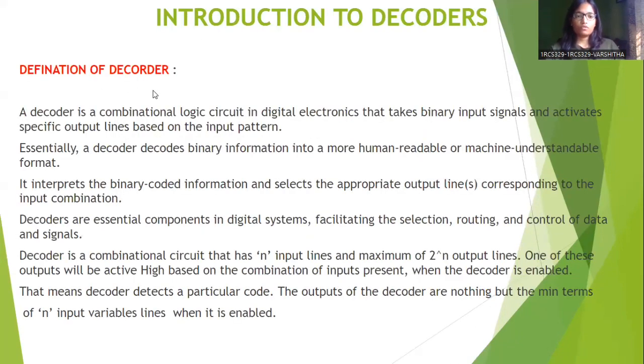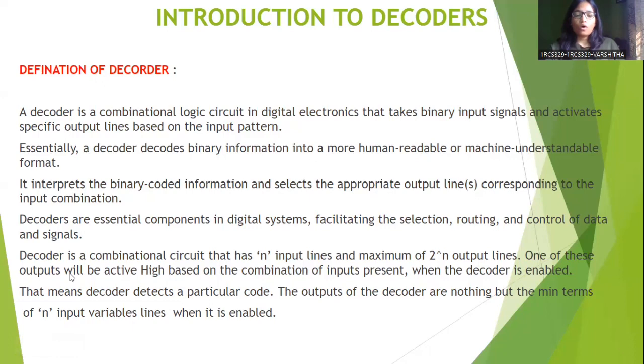Definition of decoder. A decoder is a combinational logic circuit in digital electronics that takes a binary input signal and activates specific output lines based on the input pattern. Here, a combinational logic circuit is the combination of AND gate, NOT gate, NOR gate, and many other logic gates. A decoder is a combinational circuit where we pass n input lines and it produces 2 to the power of n